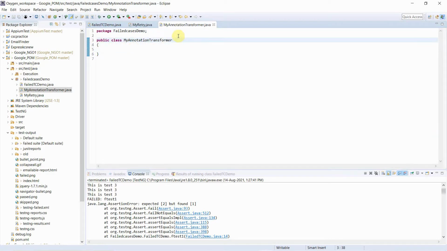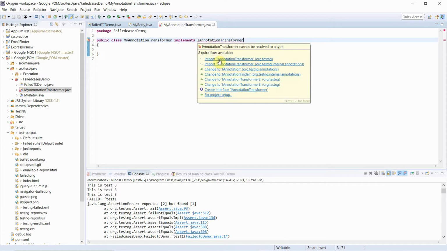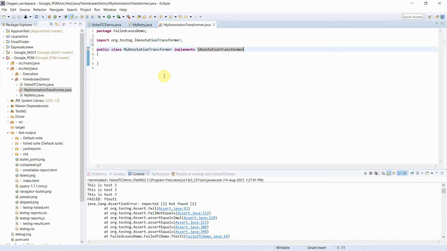I will implement the interface first of all. So I will say implements, and the interface I will use is IAnnotationTransformer. Okay, so now it will ask me to import that one. I will import that one, a TestNG feature, nothing more. And now I have to create a method. You can say public void